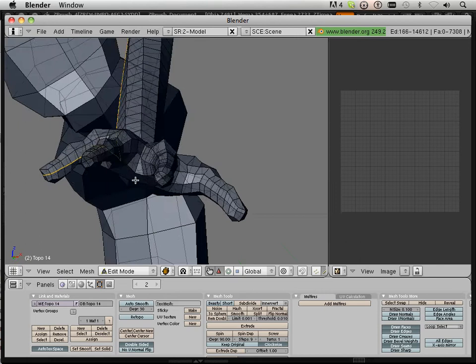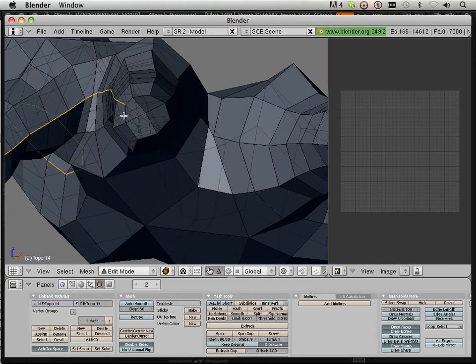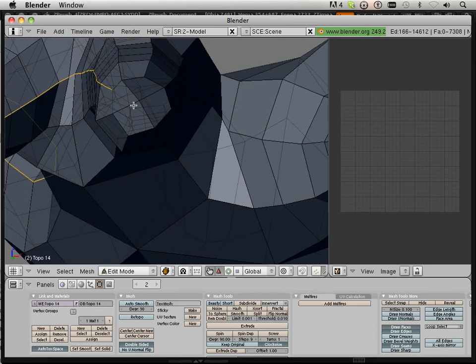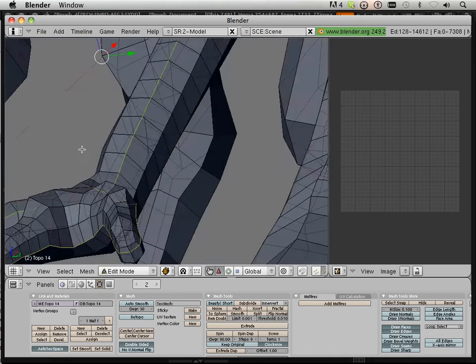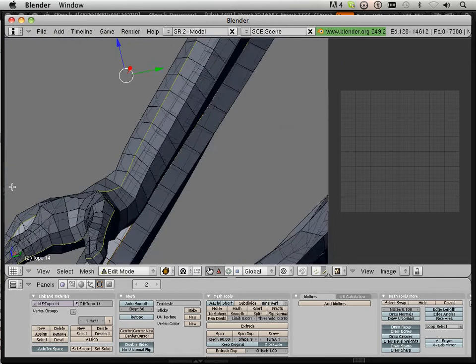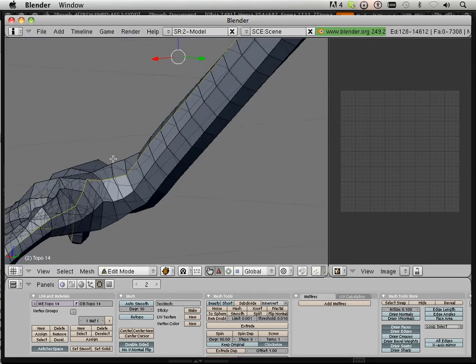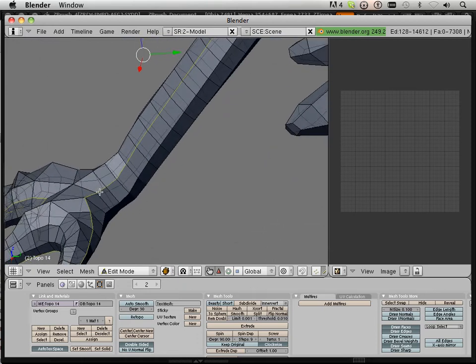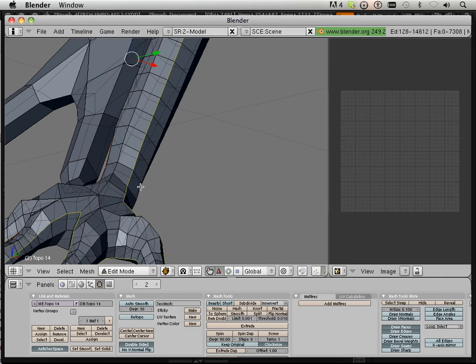Now I'm just going to have to find one that divides the hand very evenly across this axis. So let's see what this one does. That's probably the top of my hand. Yep. So I like this edge loop, there's no doubt about it, but I just don't like where it starts here. Okay. So what I'm going to do here, I think it's